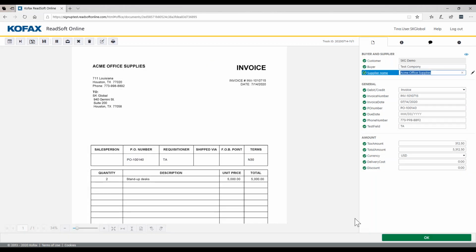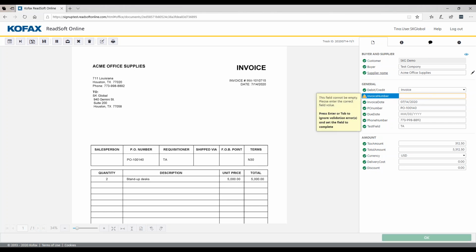Otherwise, we would just be looking at these invoices within D365. Okay, so if I tab through, you'll see where it is picking up this information from. So I'm just going to go ahead and delete this invoice number and say I had to train the OCR where to pick up invoice number from. So to do that, I'm going to come over here and click on the invoice. And the next time an invoice comes in from Acme Office Supplies, it will know to pick up the invoice